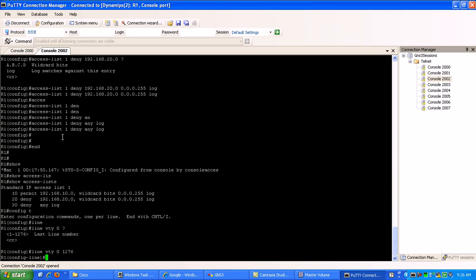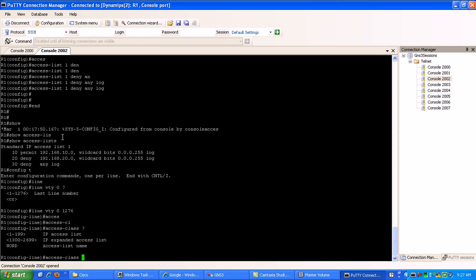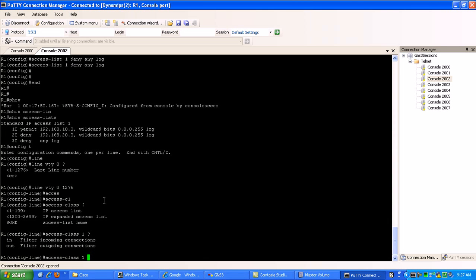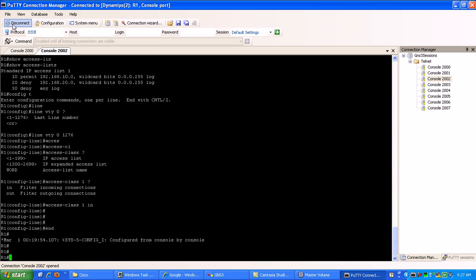So that's inbound. So we're going to do here access class. Instead of access group, which is what you would do on a regular interface like FastEthernet or serial, for the VTY lines it's access class. Then we're going to specify our ACL that we created up here, which is standard ACL 1. And then here is where we filter either incoming or outgoing. We're going to filter into the router. So access class 1 in. And that should be it. So if we go to router 0,